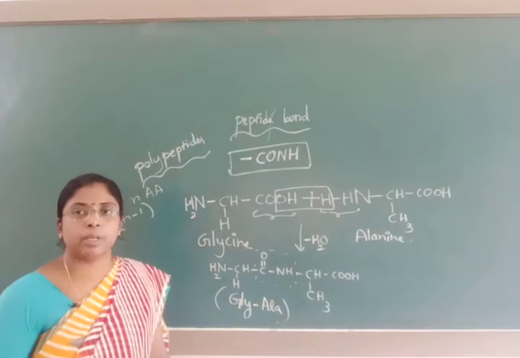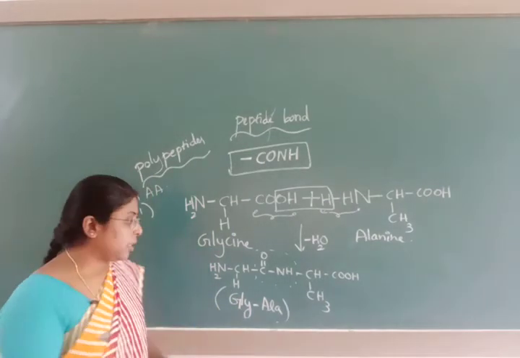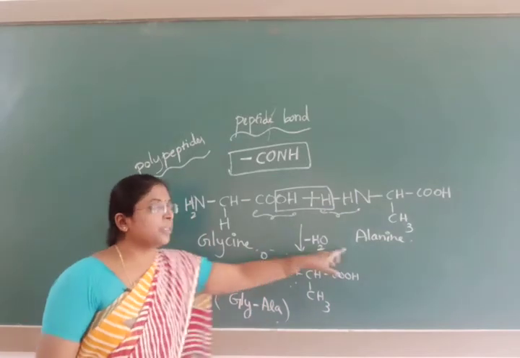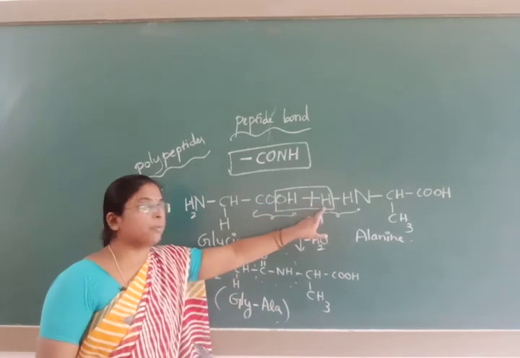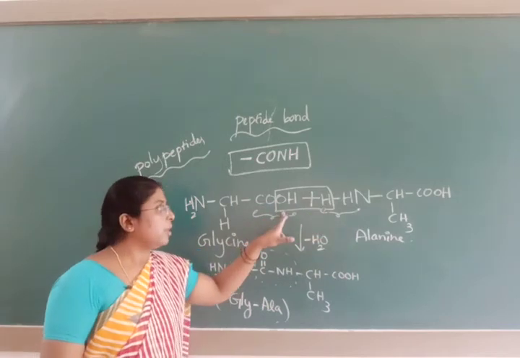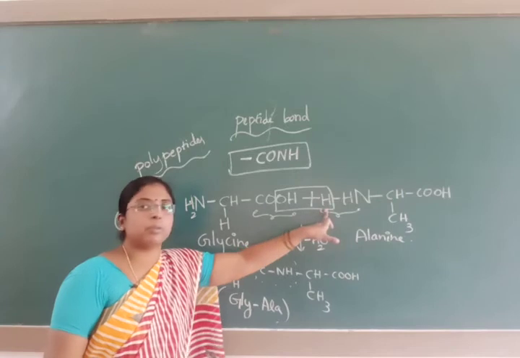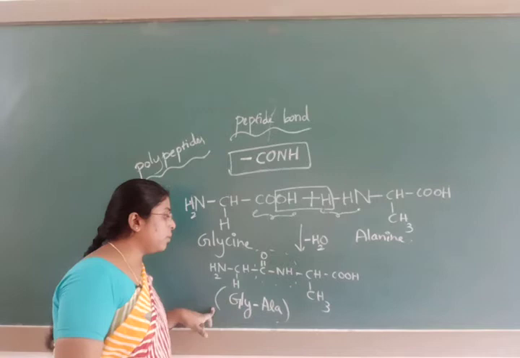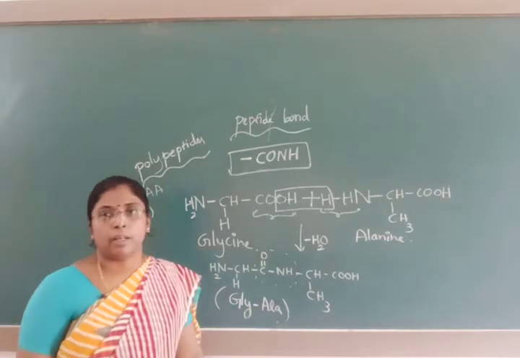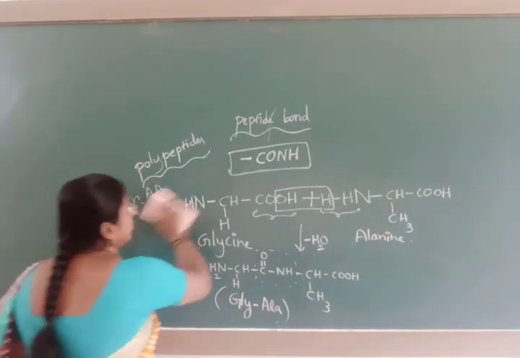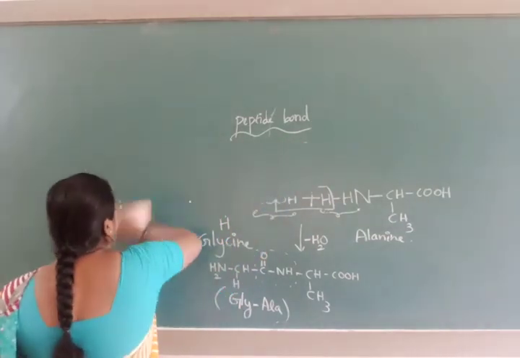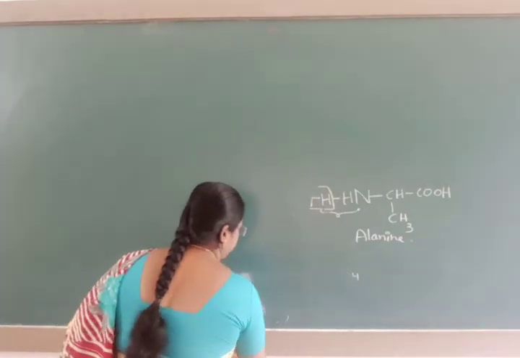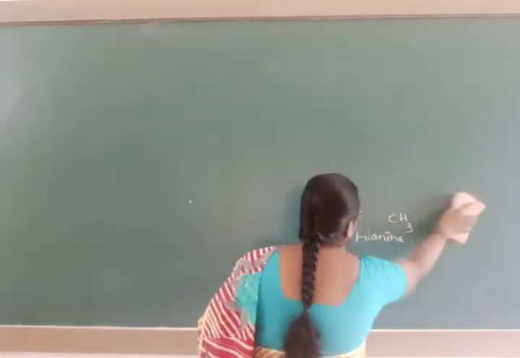For a 2 marks question, explain the formation of glycyl alanine. Glycine reacts with alanine. There is elimination of water when the carboxylic group of glycine reacts with the amino group of alanine. Formation of a peptide linkage takes place and the compound is known as glycyl alanine. This is regarding the peptide bond, that is peptide linkage, and the dipeptide compounds.